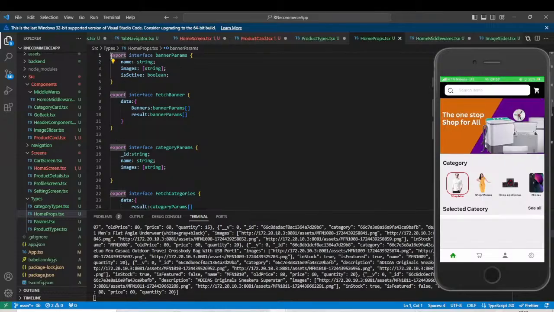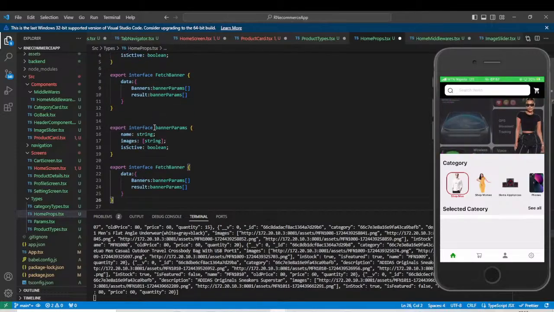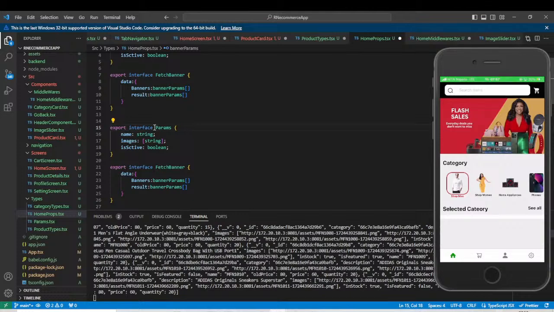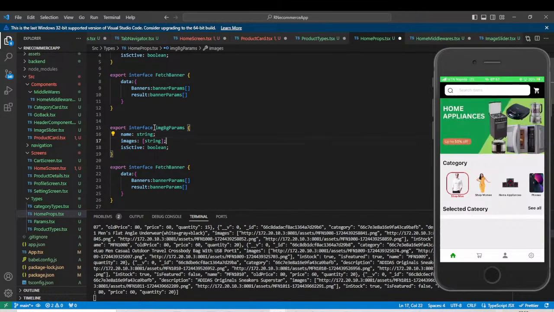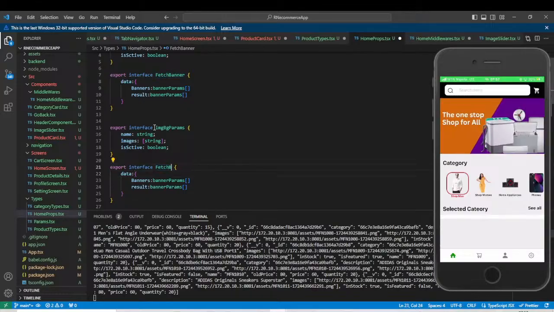So we're going to say set image background, and it's going to be, so let's create the image background params in our home props, and it'll just